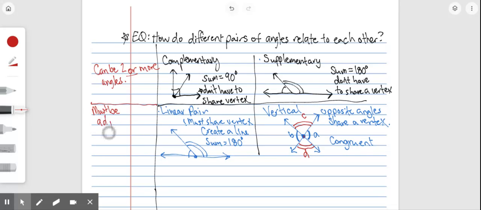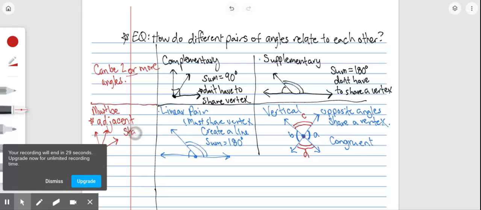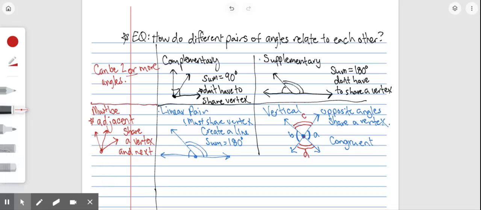adjacent. Okay, and adjacent angles are angles that are next to each other. So like 2 angles that share a vertex. Doesn't matter if they sum to anything. They're adjacent to each other. They share a vertex and are next to each other. Okay, so linear pairs are adjacent. Vertical angles are not adjacent because they share a vertex, but they're not directly next to each other. But supplementary and complementary angles can be. So linear